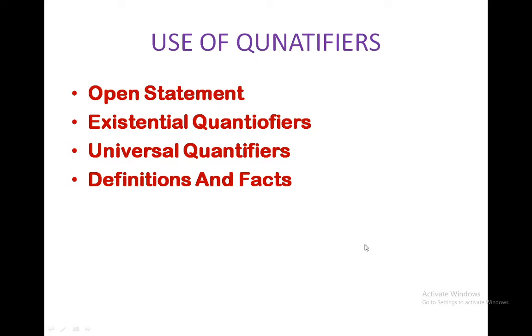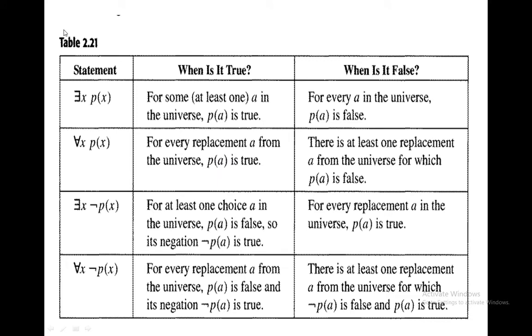Okay, so in the last class we have seen open statement, existential quantifier, then universal quantifier, then definitions and facts. Today we will see a few of these definitions, that is, existential quantifier and universal quantifier. Okay, so we'll see this table. In the table what we are going to have is